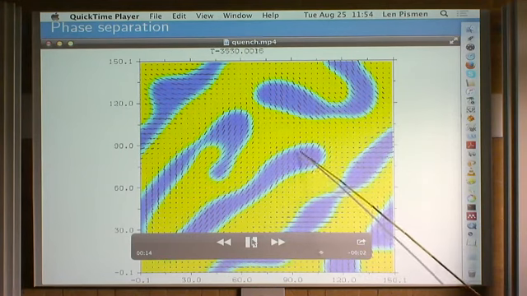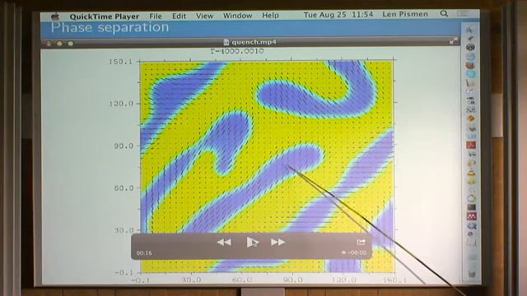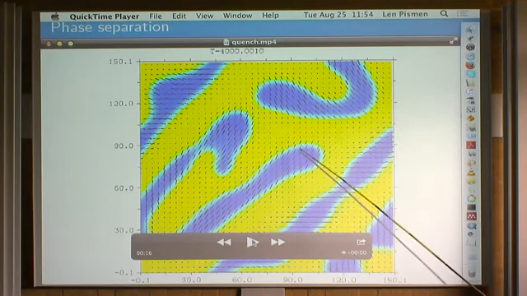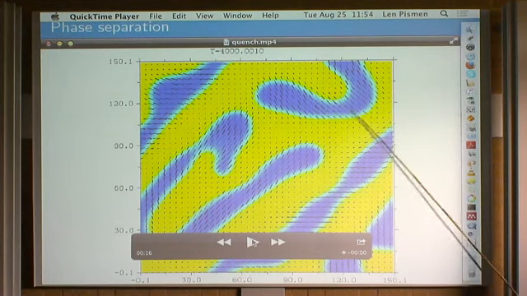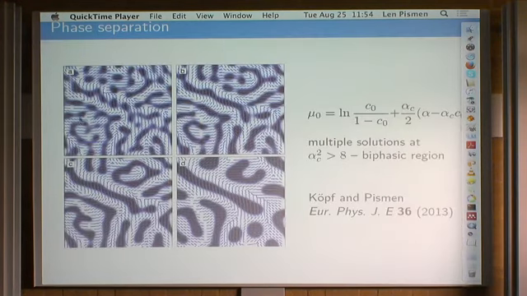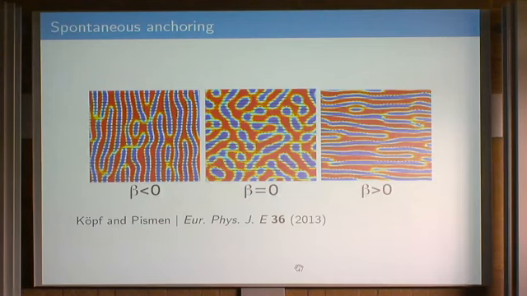So here it is a nematic region, and here it is an almost isotropic region. But you see here a certain orientation of this pattern, and this orientation is not random, and we see it